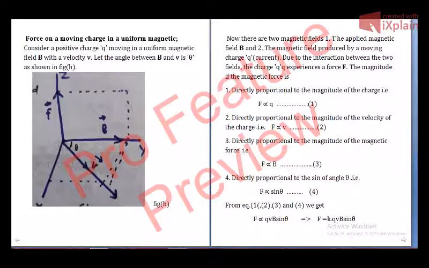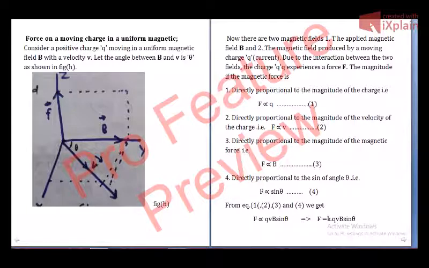For example, if you bring the north pole of one magnet close to the north pole of the other, they will repel each other. Or if you bring the north pole of one magnet close to the south pole of the other magnet, they will attract each other, because they are in each other's fields. This attraction or repulsion is called interaction. So we have two fields, and there will be an interaction between them. Due to this interaction, the charge Q experiences a force, which will be attractive or repulsive.